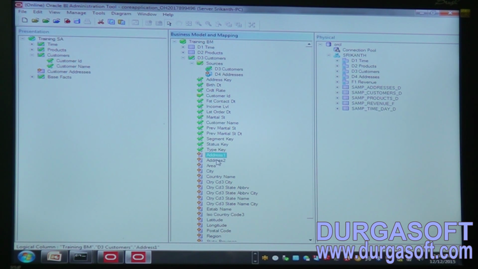Now I'll select address 1, address 2, area, city, country name, and I'll select customer address. So here we understand that customer address is available, and under the customer address, address 1, address 2, area, city, country name, everything is available, right? Okay, now if I save it,